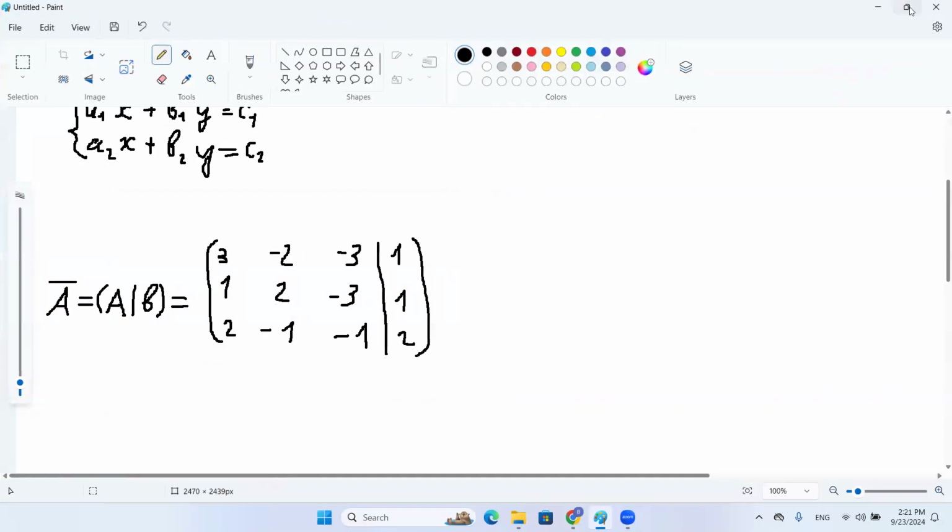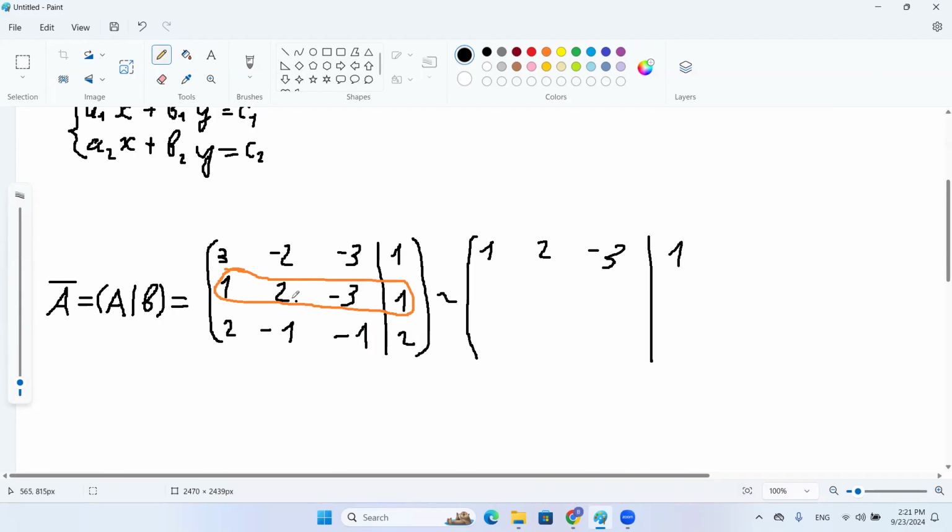And now let's start transforming this matrix. I suggest you put this first line on the top, because it's already transformed. We have 1 before x. Just to save our time. So 1, 2, minus 3, and 1 here. Okay, and let's eliminate these